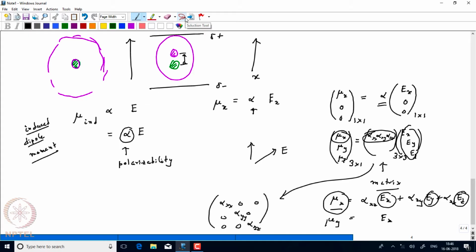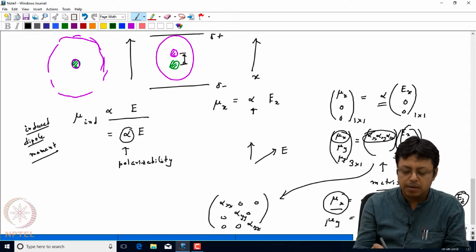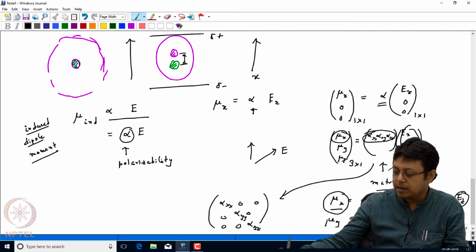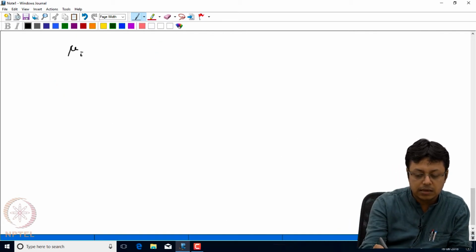So, we are not going into much more detail on the polarizability. Now, as I said, this is actually an approximation, in the sense that if the field strengths are low enough, then we can think that this induced dipole moment depends linearly on the electric field. But more generally, the induced dipole moment can also have nonlinear dependence, and we can actually write the induced dipole